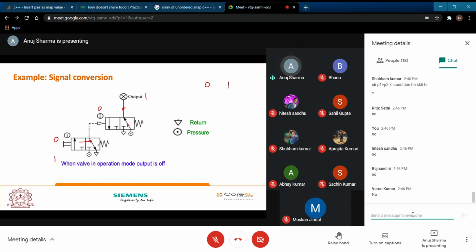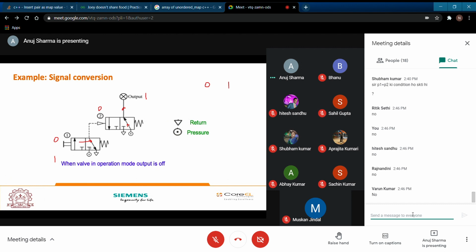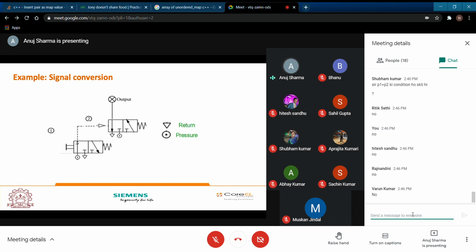Here this was connected to a T and this was connected to your exhaust. Now when this comes here, this is going to be connected to your pneumatic supply, and this is going to be connected to your exhaust.